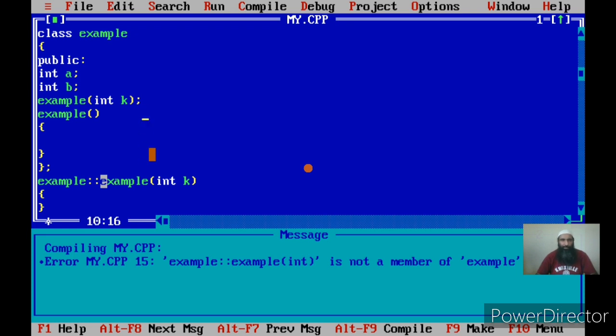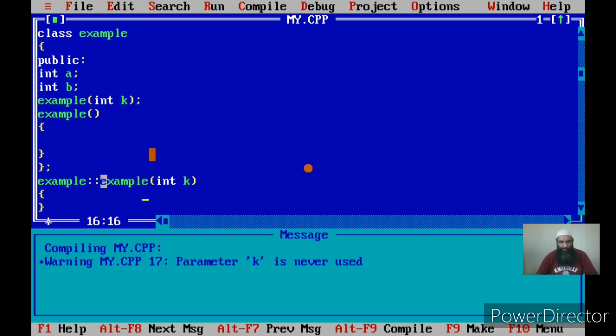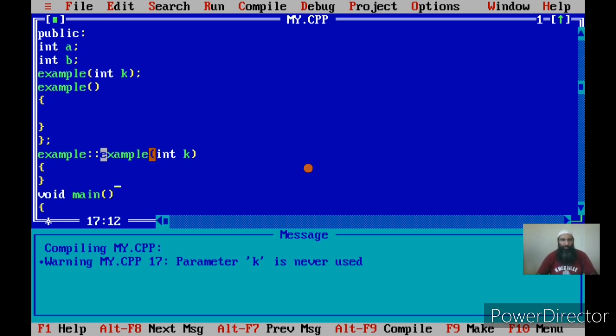Okay, now I have got a one argument constructor. Let me compile it again.